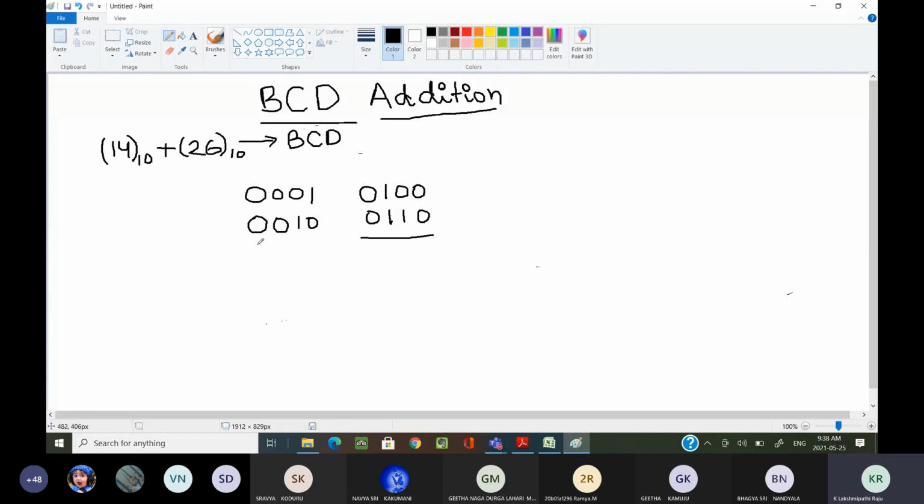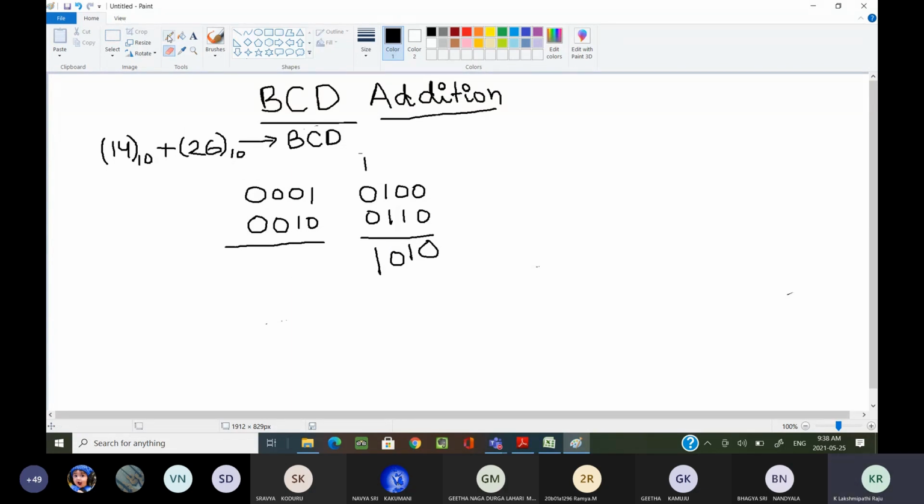Now we have to perform individual digit sums. That is the reason I have written each and every digit separately. From here onwards, normal binary addition only. 0 plus 0 is 0. 0 plus 1 is 1. 1 plus 1 is 1, 0. Now 1 plus 1 is 1.